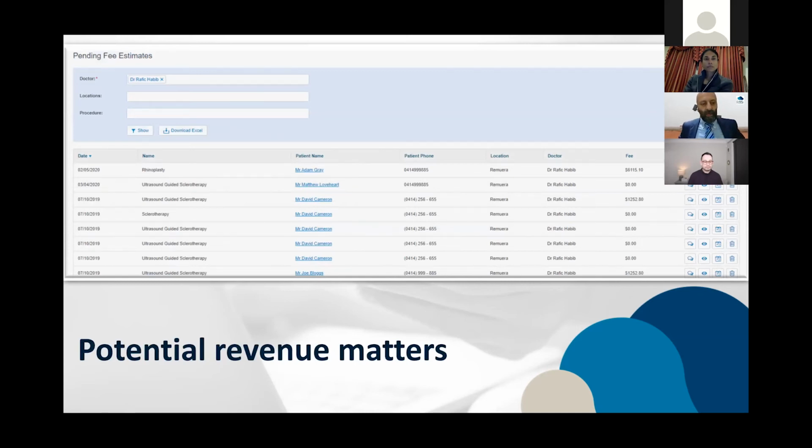Then I thought it was opportunistic, since I'm speaking to surgeons, to talk about the pending fees estimates. That's another little nugget. We call them nuggets internally. So this report shows you all the fees estimates that you've provided to patients and what the procedure is, and they haven't come back. So do you have anyone in your practice actually looking at that and saying, okay, there's probably $5,000, $6,000, $10,000 on the table there